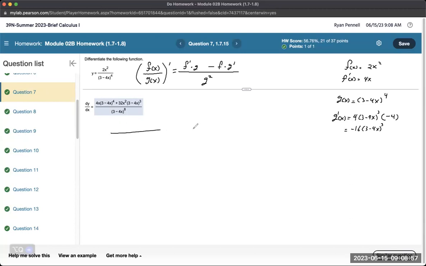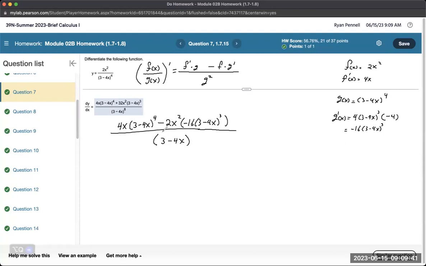First, we have f prime, which is 4x. There we have it. And then g, the original g, is (3 minus 4x) to the fourth, minus, now we want the original f, 2x squared, times g prime, which is negative 16 times (3 minus 4x) to the third. All right, there we have it. And then g squared would be (3 minus 4x)